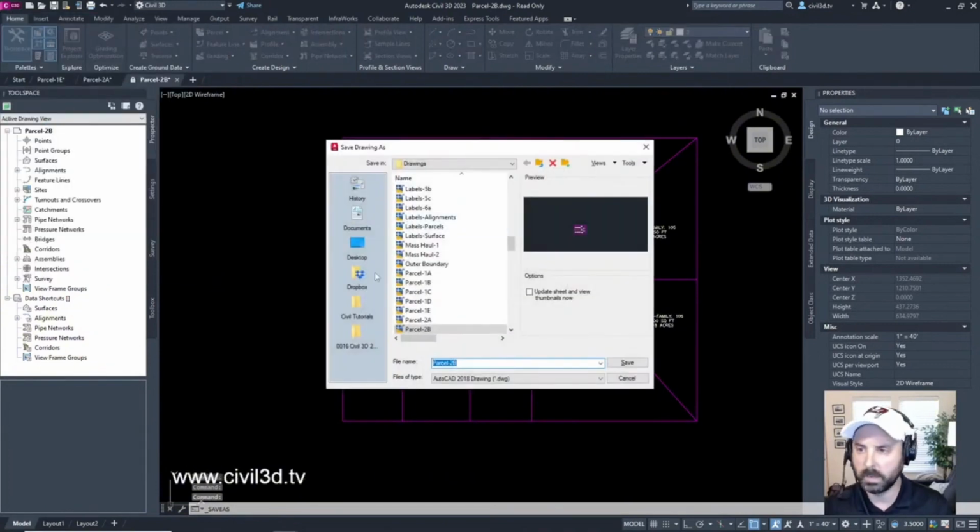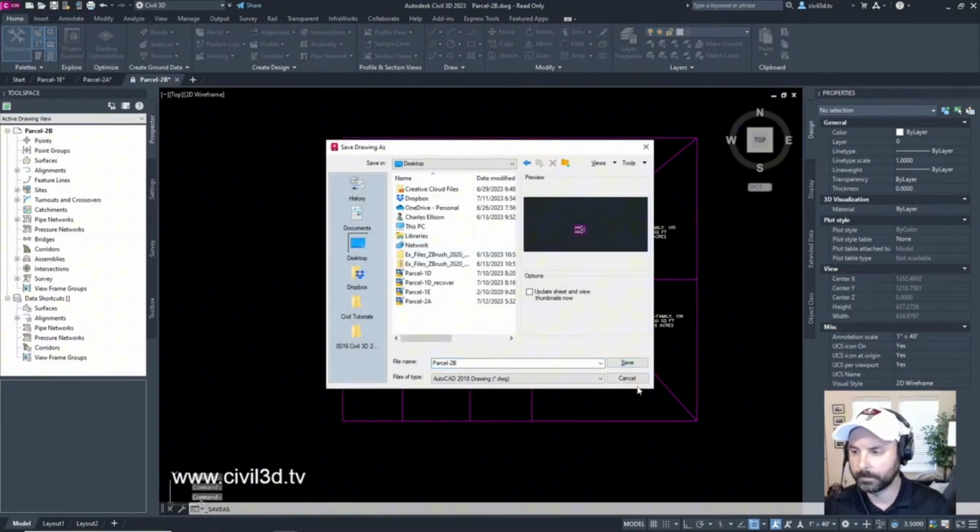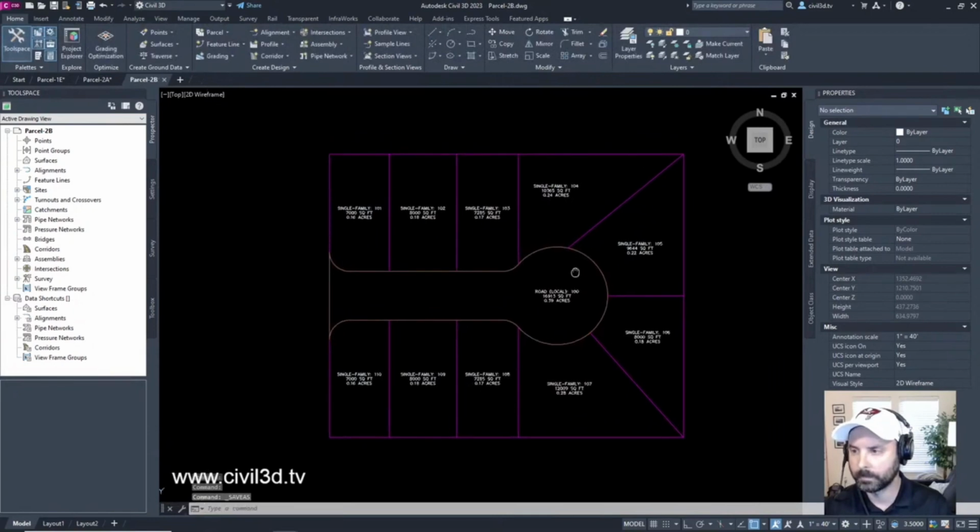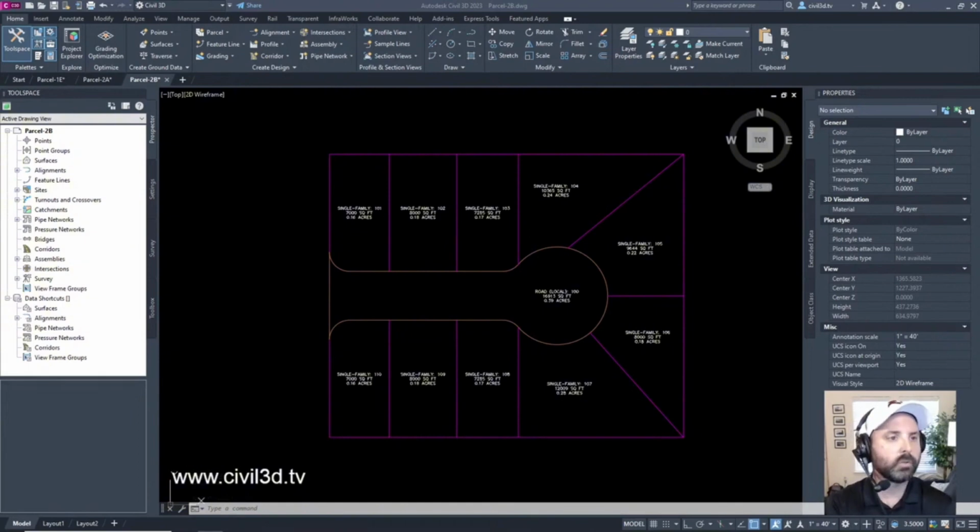I'm going to put this on my desktop. Then, okay, nice little read right here. Swinging one end of a parcel lot line. In this exercise, you'll resize a parcel by swinging an attached lot line from a specific reference point.